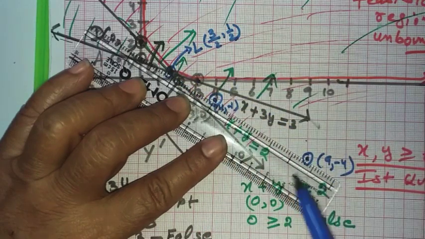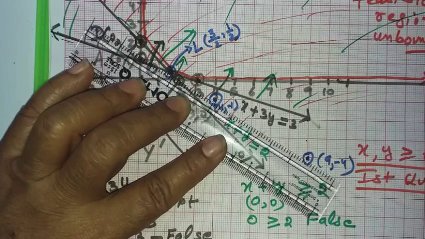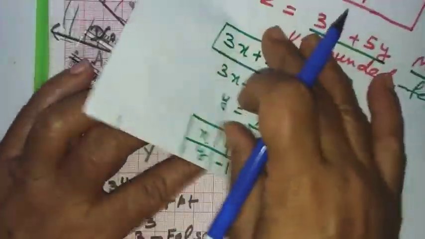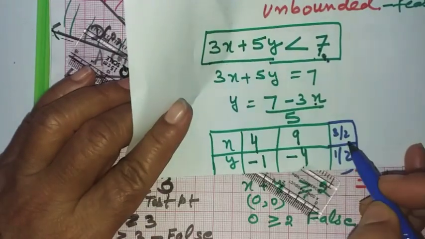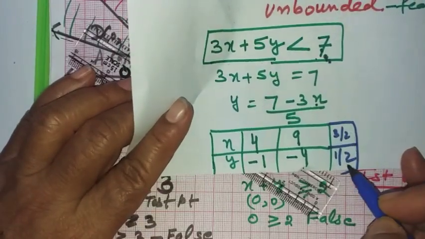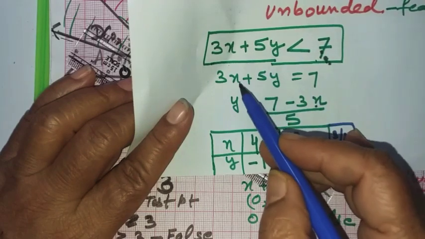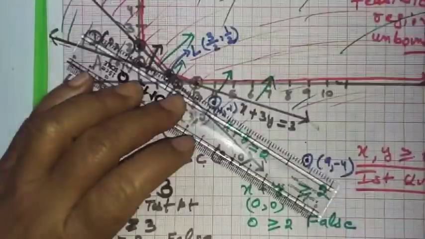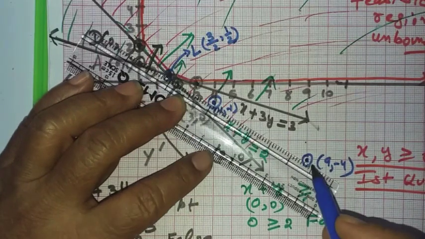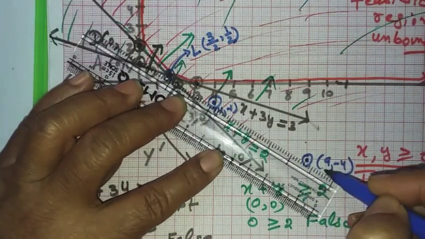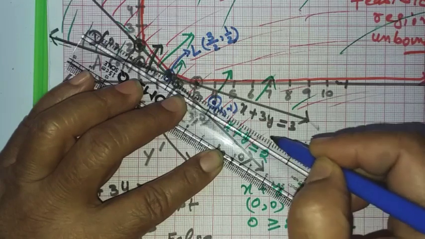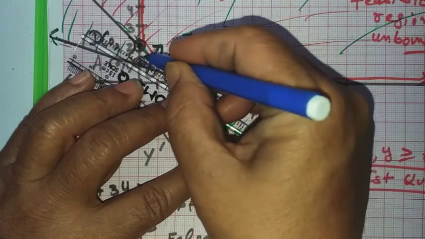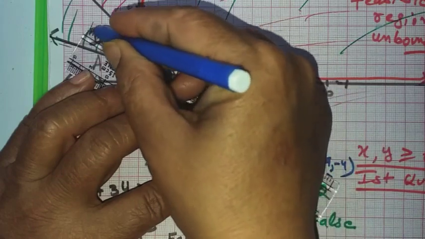But I am not sure whether the new inequality passes through L or not. So I have checked algebraically that this new point L, whose coordinates are 3 by 2, 1 by 2, also satisfies this equation. Hence I have no confusion, and I know that this line that I am going to draw with this dotted line is going to pass through the already taken point L.